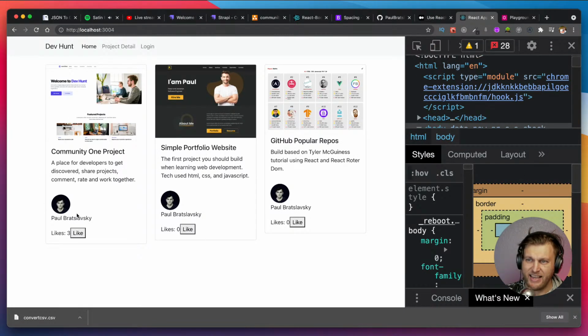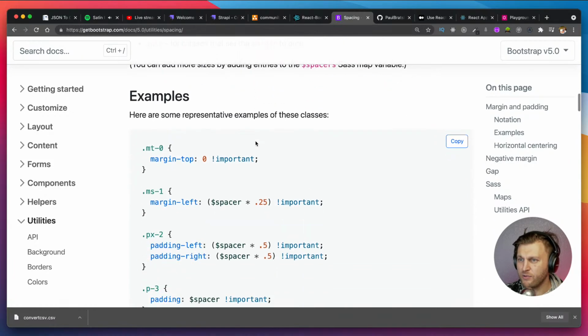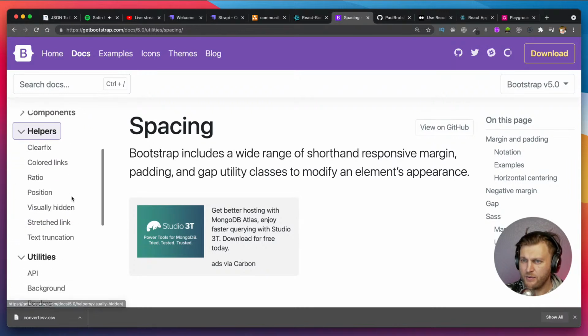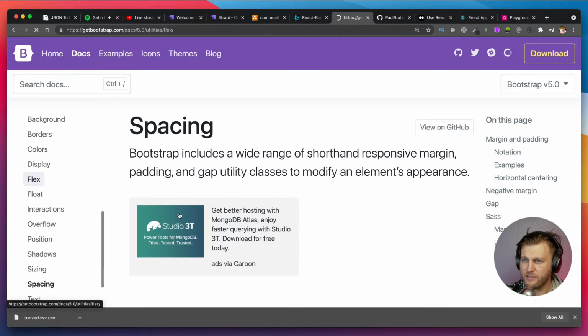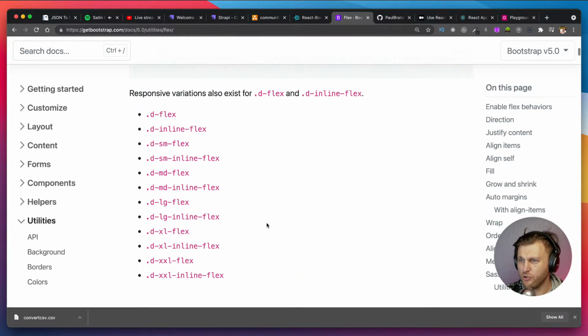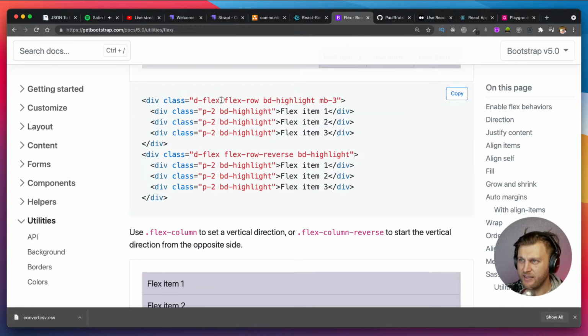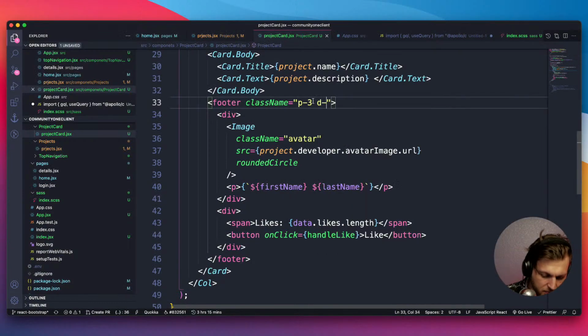Look at that, our padding is the same, and now we want the avatar, the name, and the likes to be side by side. So we're going to use regular Bootstrap, right? Because you could use classes. So we want to search for, I don't know if it's position, flex. Let's use some flex. So it just shows us some examples here. If you want to use flex, they have pre-made classes. d-flex will make it flex. So let's add d-flex,